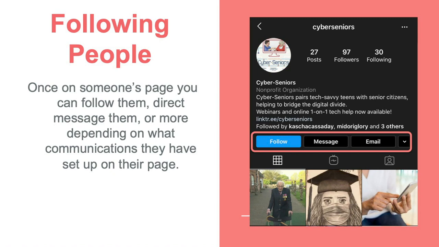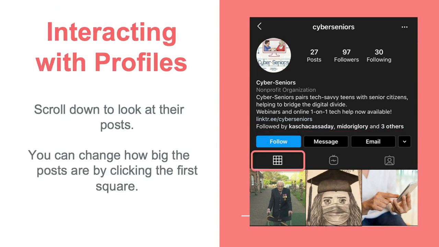You can see how many posts they've made, how many people are following them, and how many people they're following as well. There's also a grid button, a box with a bunch of little grids in it. That will take you to their gallery, what they've posted, and you'll see everything appear that way.